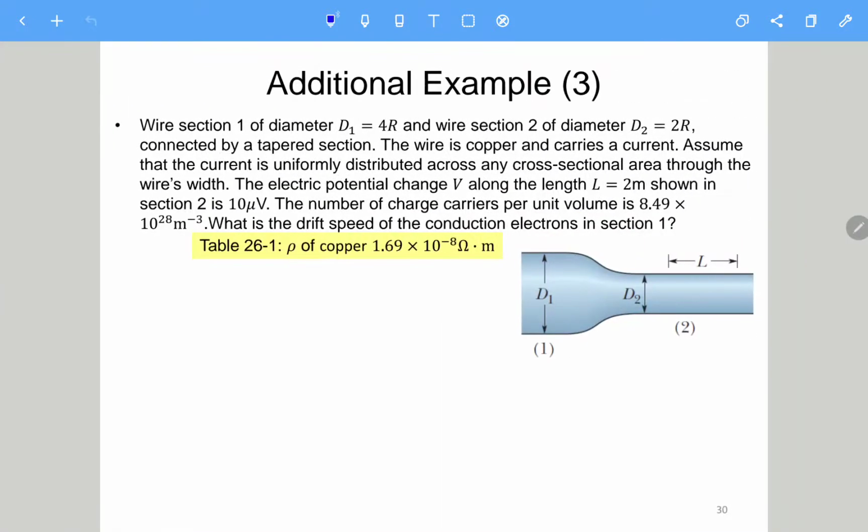Okay, so before we have the break, we still have the last additional example. So here it says the wire section 1 of a diameter D1 equals 4R, and wire section 2 with 2R, connected by the taper section. Taper section is the middle part. So the wire is copper and carries current, assuming that the current is uniformly distributed across any cross-section area through the wire width. The electric potential change V along the length L, this part,